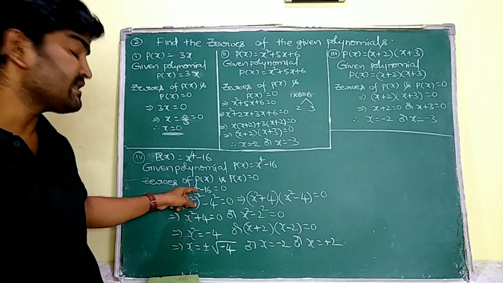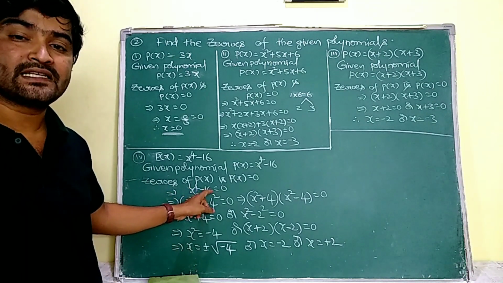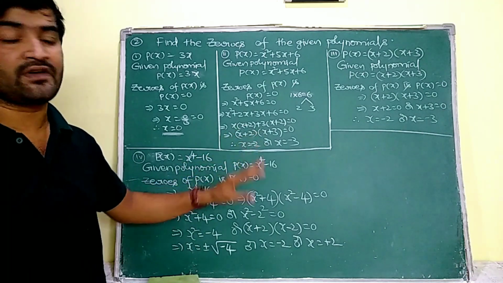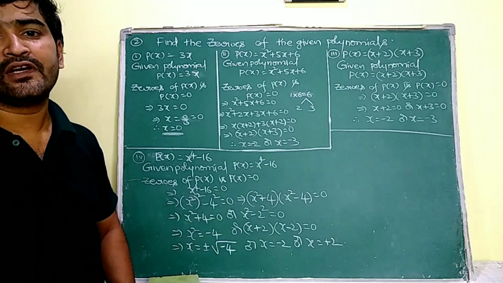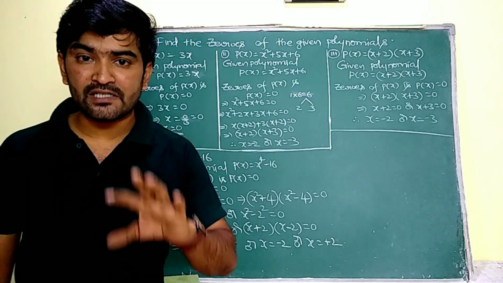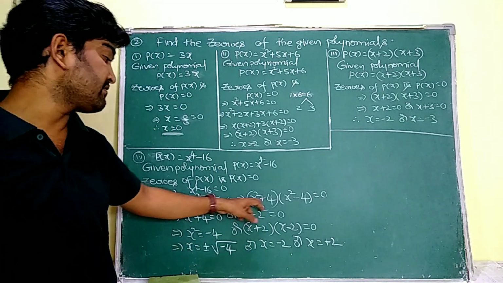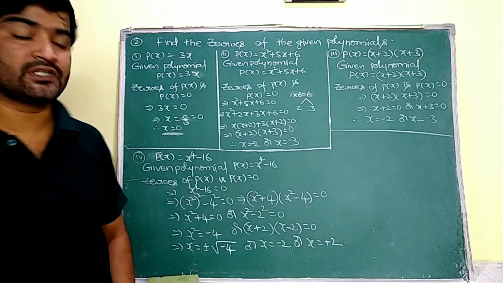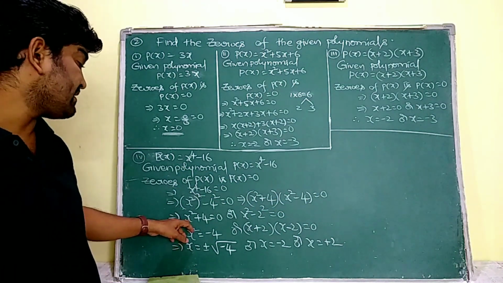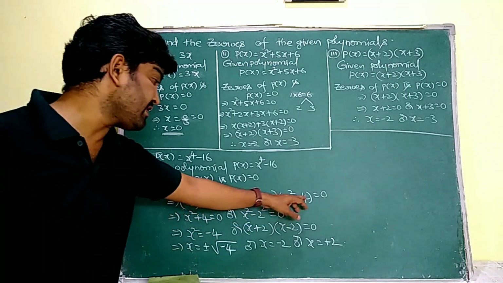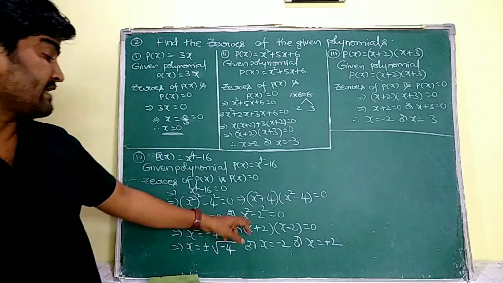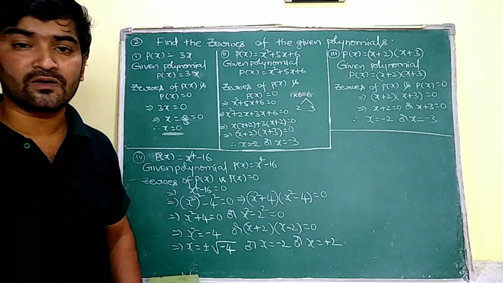So you have to express this x power of 4 minus 16 as a square minus b square. That is why (x square) whole square minus 4 square. We know that a square minus b square means (a plus b) into (a minus b). So (x square plus 4) into (x square minus 4) is equal to 0. That is x square plus 4 is equal to 0, I have to write as it is. This x square minus 4 is going to be expressed as x square minus 2 square is equal to 0.